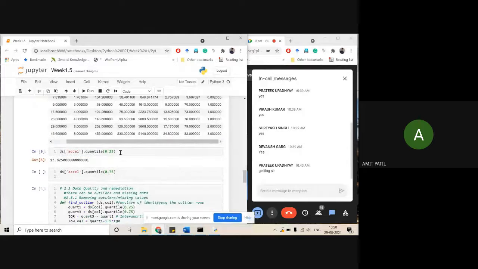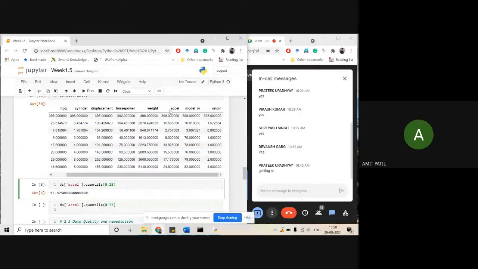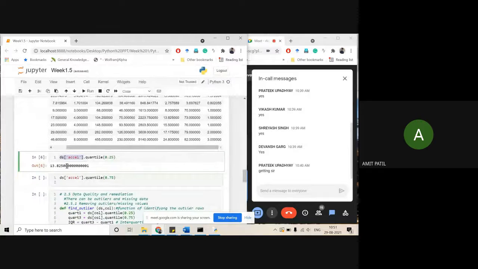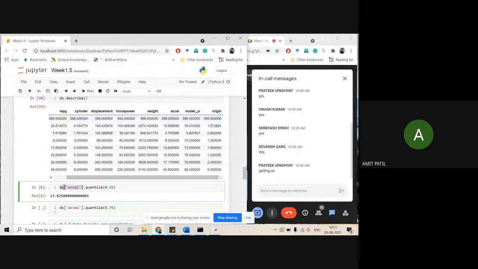Okay, so we were on quartiles, right? Let's say you want to compute the first quartile of your Excel variable. Then you need to specify first for which variable you want to compute the further operation. That will be ds into square brackets, that is your variable name. It's an easy way, rather than ds dot iloc and then the index of your variable. This also gives you an easy understanding of what variable you are calling.